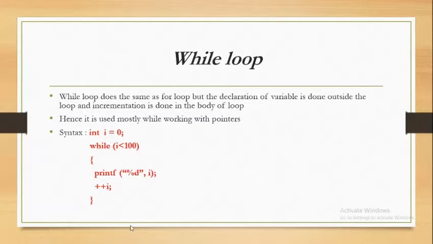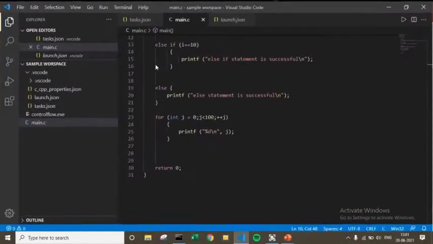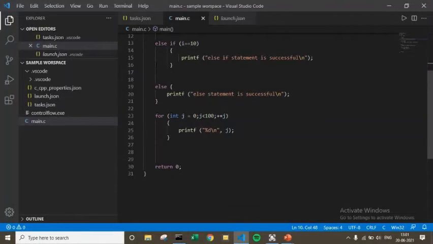And the remaining body is the same, and here there will be the condition.